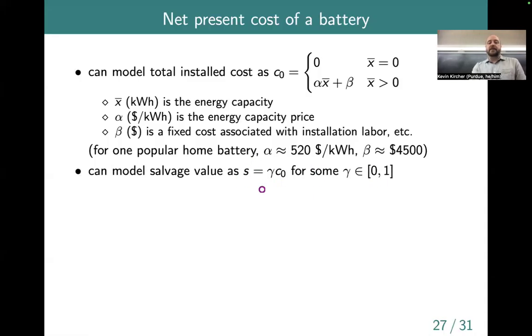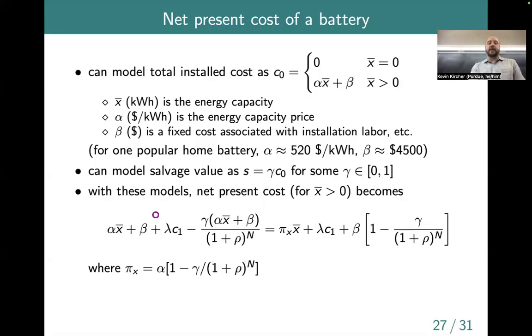And then let's also model the salvage value as just a fraction of the initial cost. So maybe you can only recover 20% or 30%, something like that, at the end of the project life. So we make this gamma 0.3, 0.2, somewhere in that range. Okay, so then we can do a little math and do some gymnastics and show that under these assumptions and